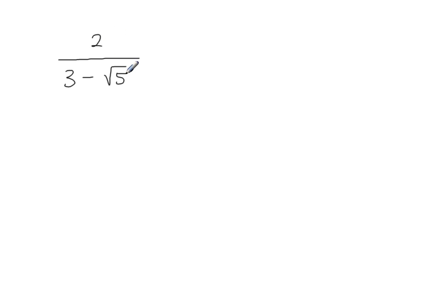The surd is in the denominator, and we need to rationalize the denominator. So I need to modify this so that I end up with something which does not have a surd in the denominator. And once again, I'm going to multiply this by something, but this time, because this is more complicated,